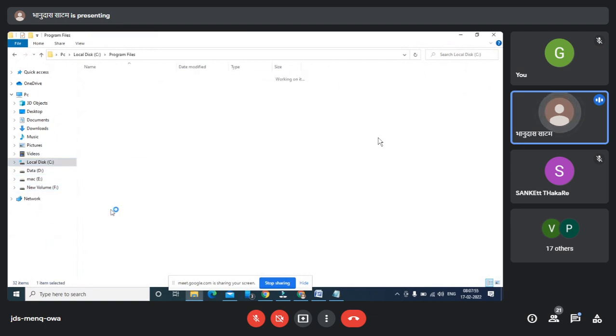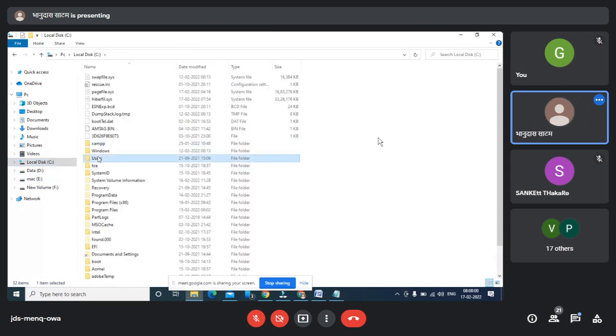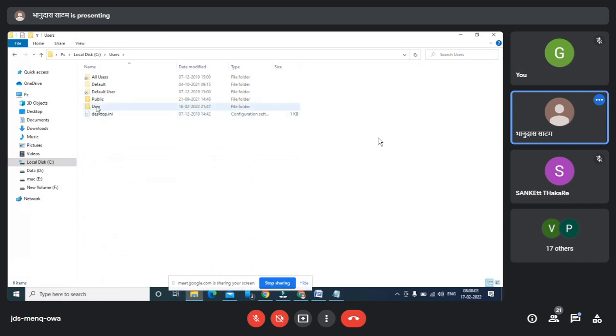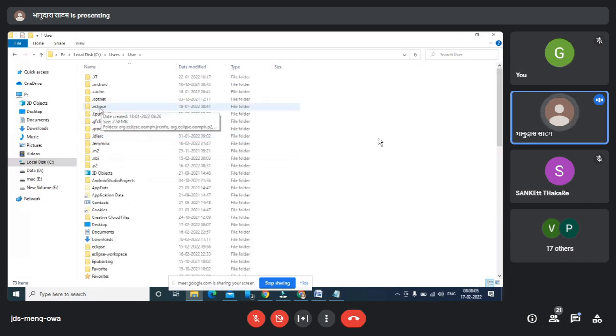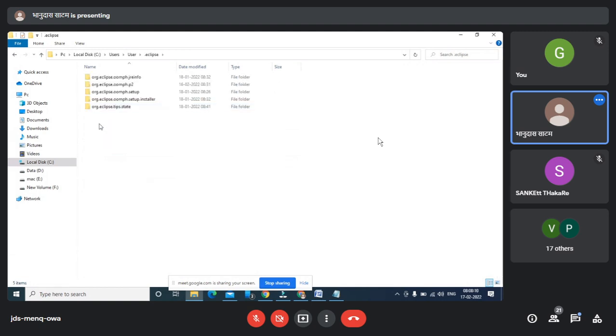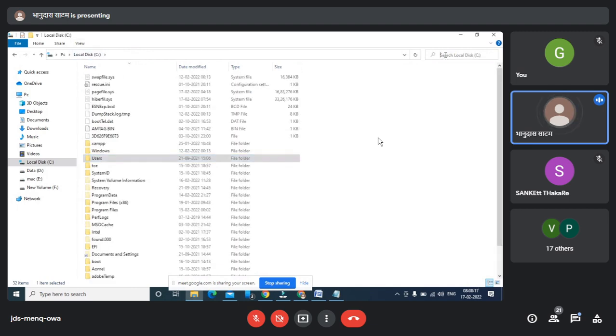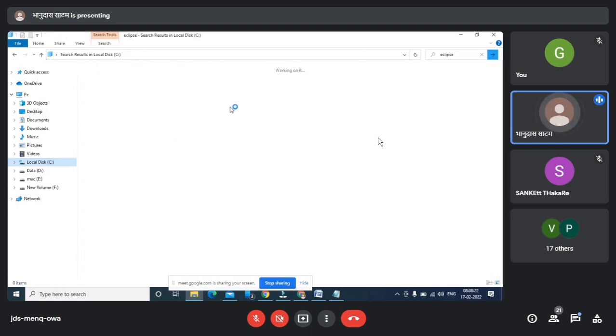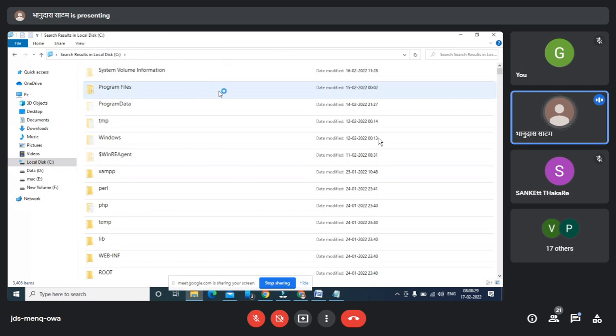So under program files or under user. So there is a Eclipse. I have to check the Eclipse installation part here. Yeah, I'm getting this, and no, not yet.